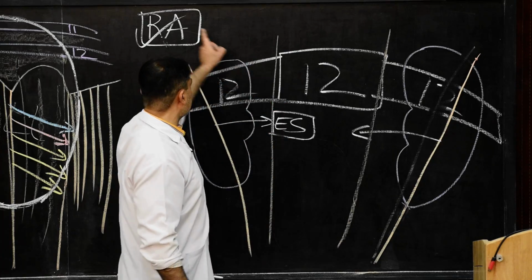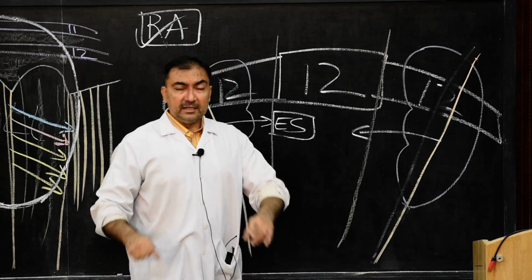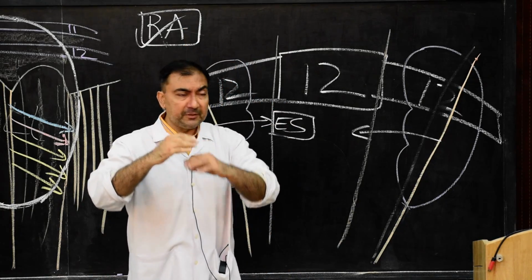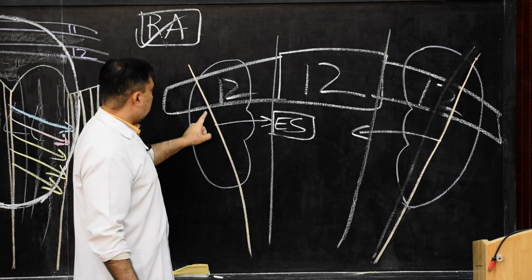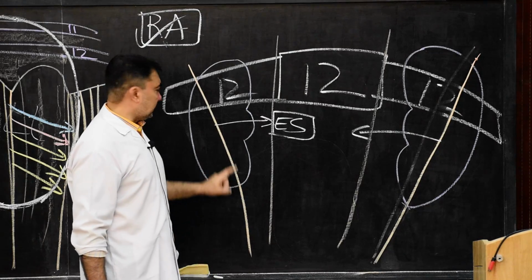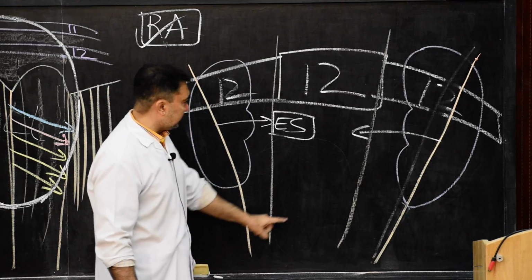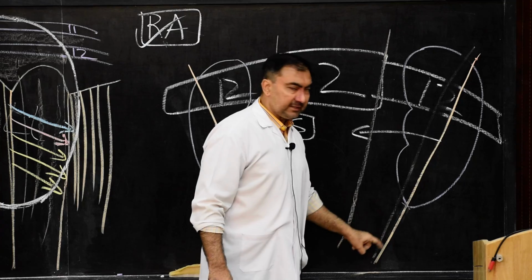What is renal angle? We start with renal angle. That is the angulation or the angle which is produced between the lower border of the 12th rib and the lateral border of erector spinae muscle. So this is the lateral border of erector spinae muscle. Here also this is the lateral border of erector spinae muscle.